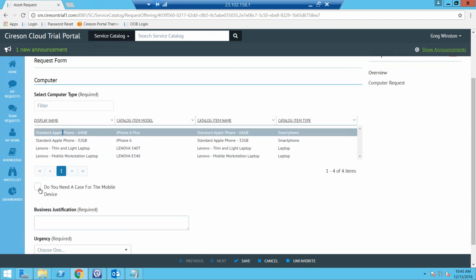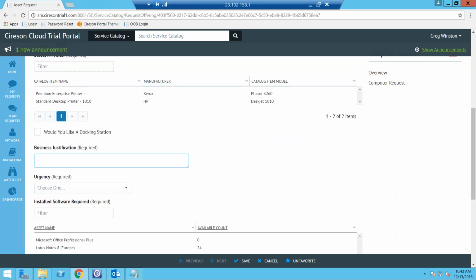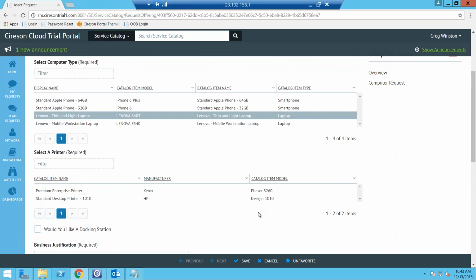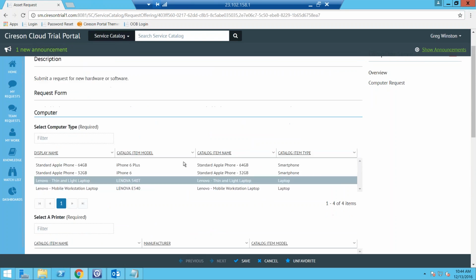Now it asks me if I want a case for a mobile device. Let's say I decide to click on the Lenovo Light laptop. Now it's asking me to select the printer I want with it and if I would like a docking station. So I have the ability to create questions that only show up based on the answers to previous questions. And that's really huge because, without that ability,